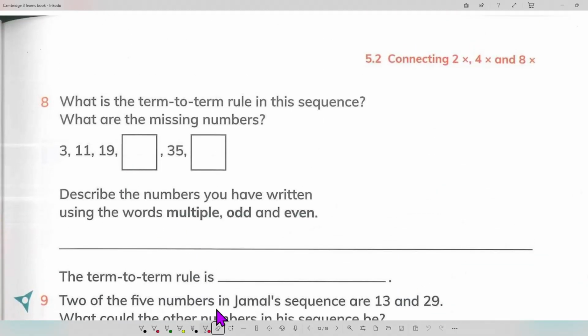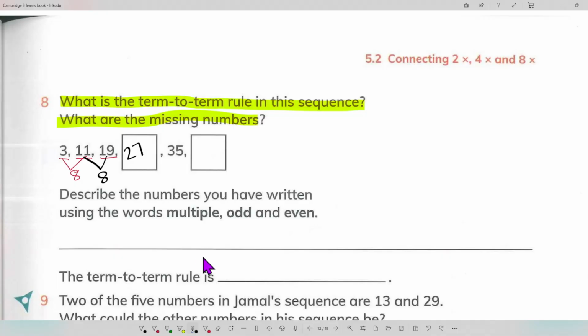Number 8. What is the term to term rule in the sequence? What are the missing numbers? So look, here is 3, here is 11, and here is 19. So 11 and 3 difference is what? 11 and 3 difference is 8, right? 8. Similar, 11 and 19 difference also 8, so here should be